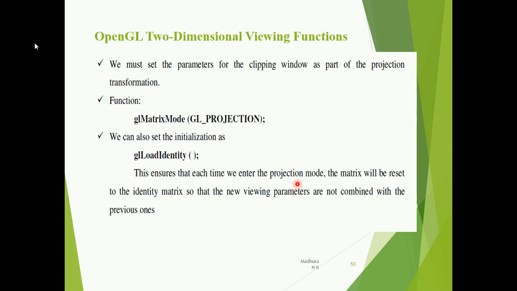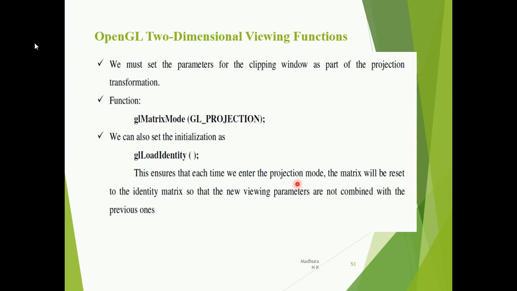Whenever you have an action behind the screen, all your pixel values will be in the form of matrices. These matrices should not be combined with some other values. When you set the projection matrix, it will have certain previous values, and your previous values should not be combined with the new values you enter.